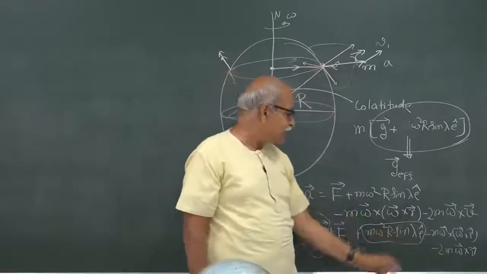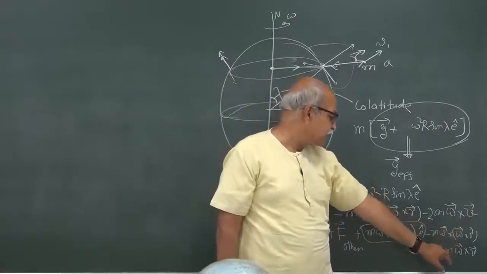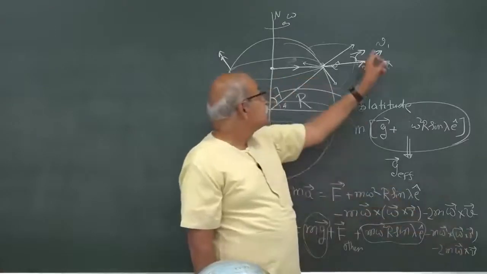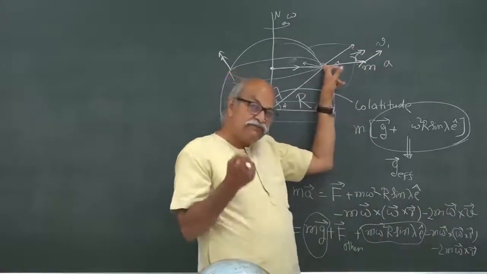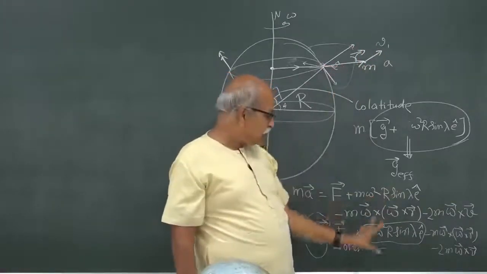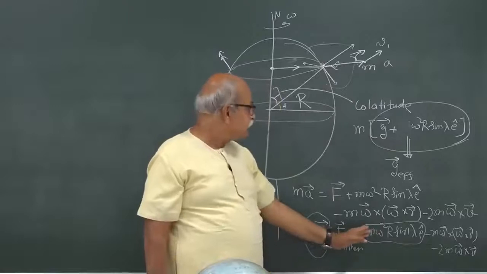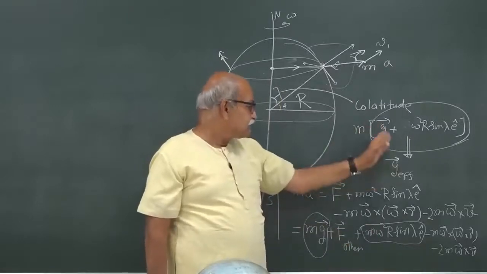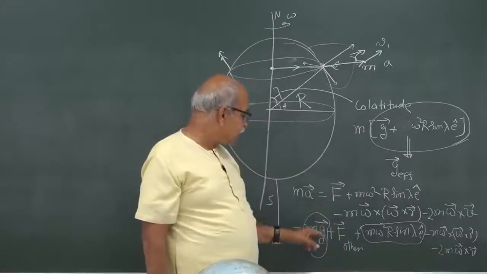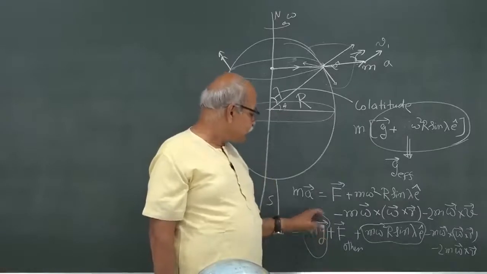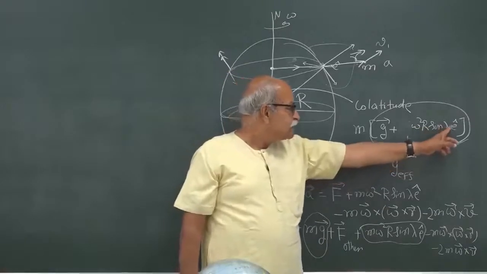So, that E cap I have written, and then we have the usual centrifugal force term and Coriolis force term, and this small r is the position vector of the particle from the origin that we have chosen on the surface. So, this is the equation, and if I consider these two terms, I can write this as m into g effective, and g effective is the g which is in the vertically downward direction passing through the center of the earth, that is this, and together with this we have omega square capital R sin lambda and E cap.